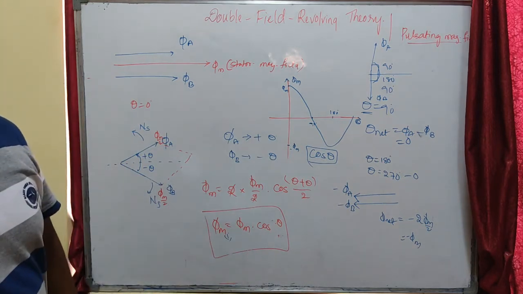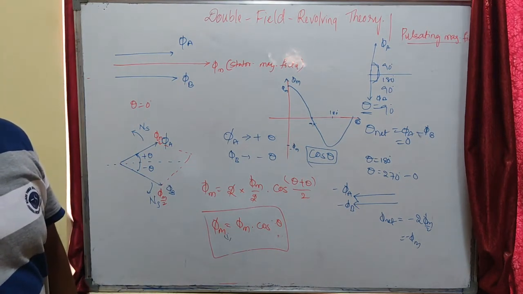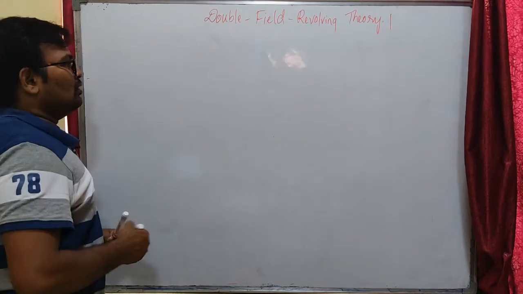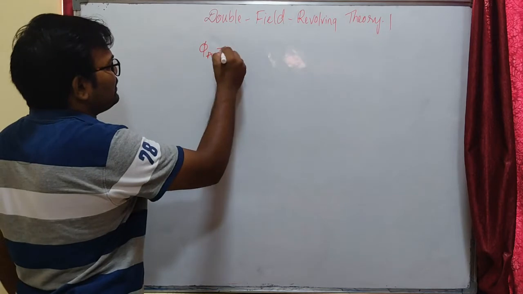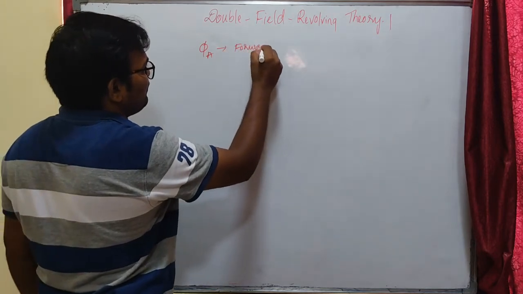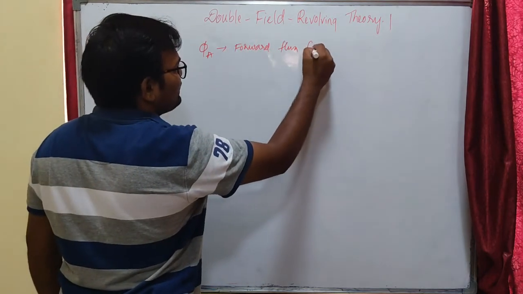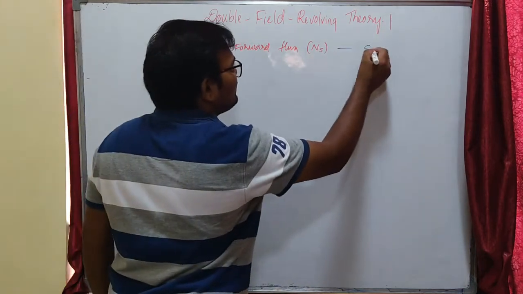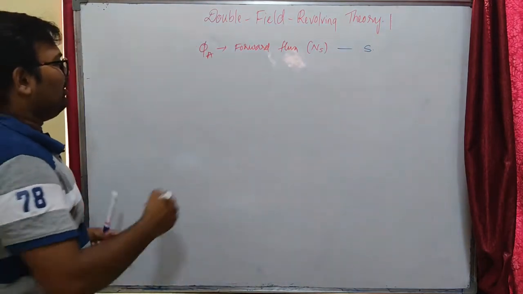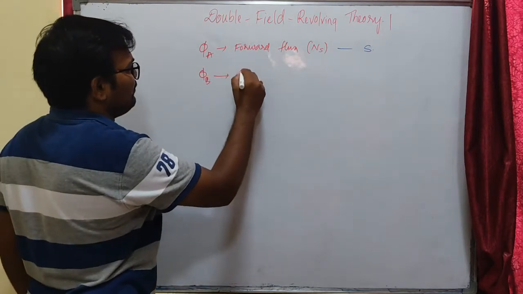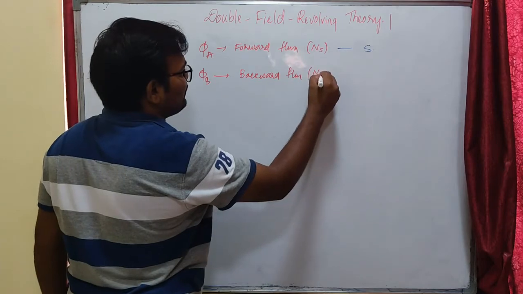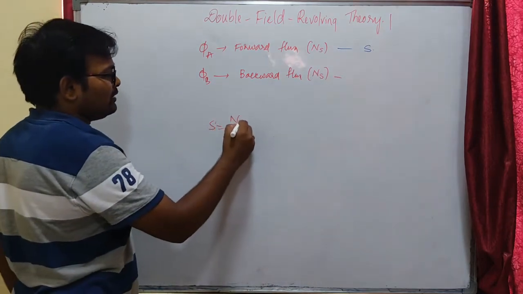Okay, now these two fluxes will link with our rotor. Now let us try to understand. Let us consider phi A as the forward flux, rotating at synchronous speed. The slip due to the forward flux is s here, and let us consider phi B as the backward flux, which is also rotating at synchronous speed. And what is the slip here? Slip is nothing but synchronous speed minus